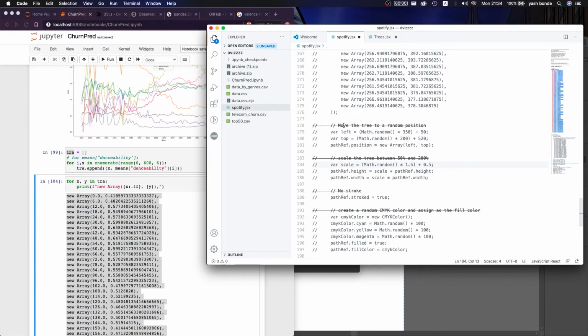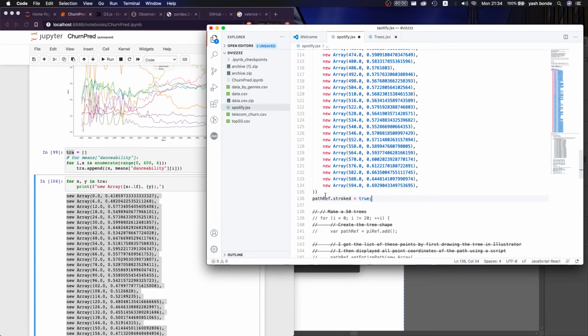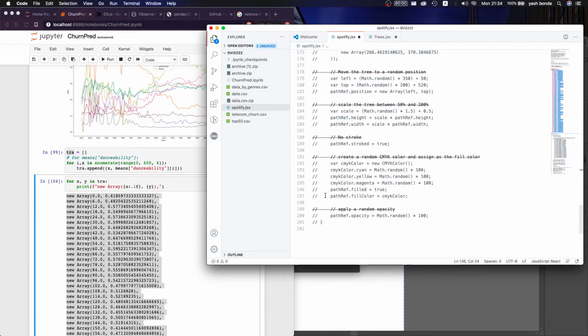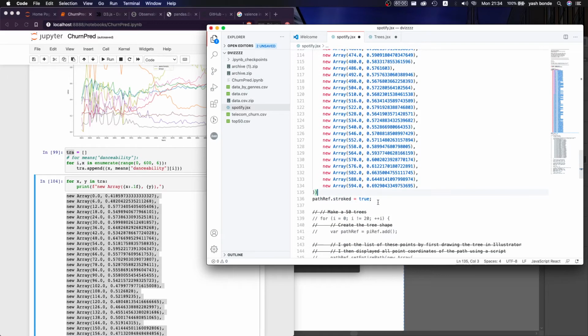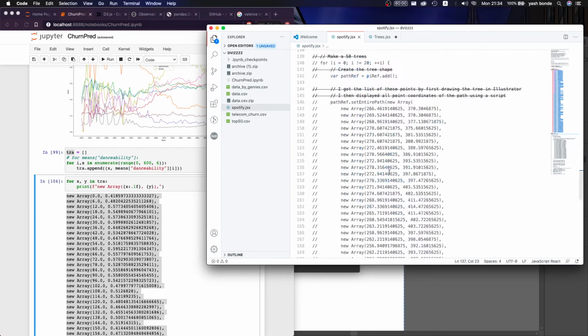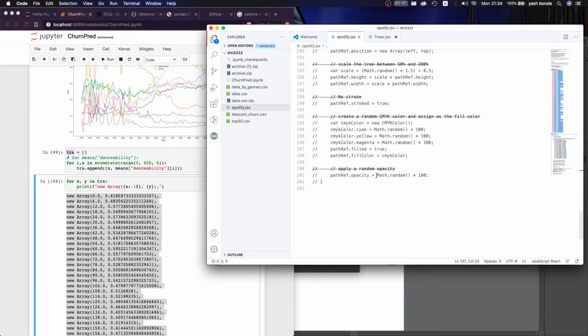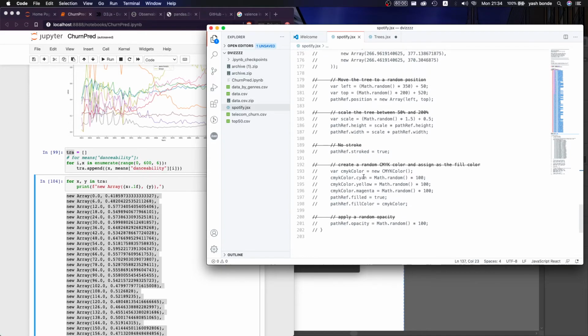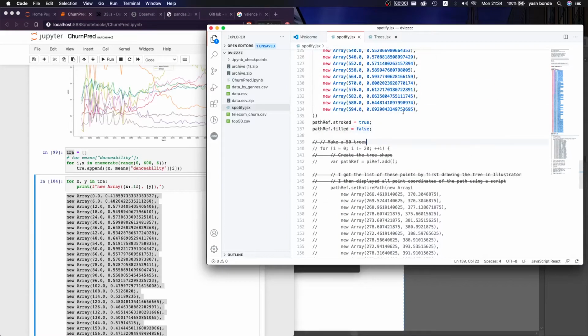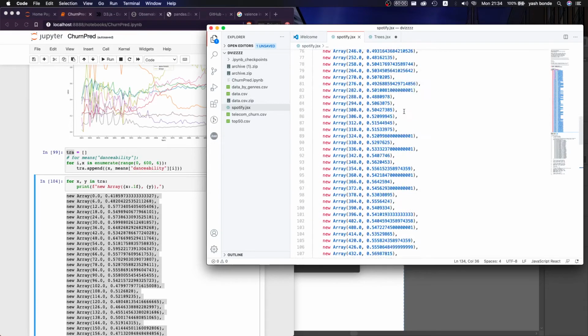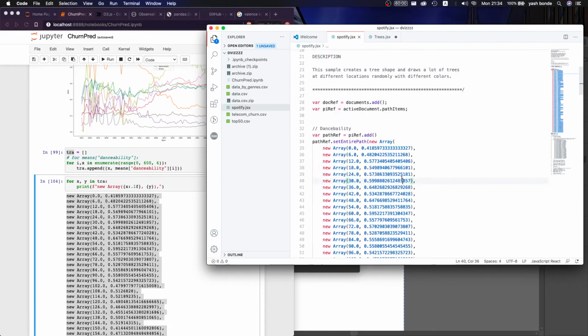Now the pathref.stroked is equal to true, and pathref.filled is equal to false. I don't want it filled. I want it to be my outline, and it's probably going to be a stroke color, but we'll skip it for now. What you're going to say is you have this thing,